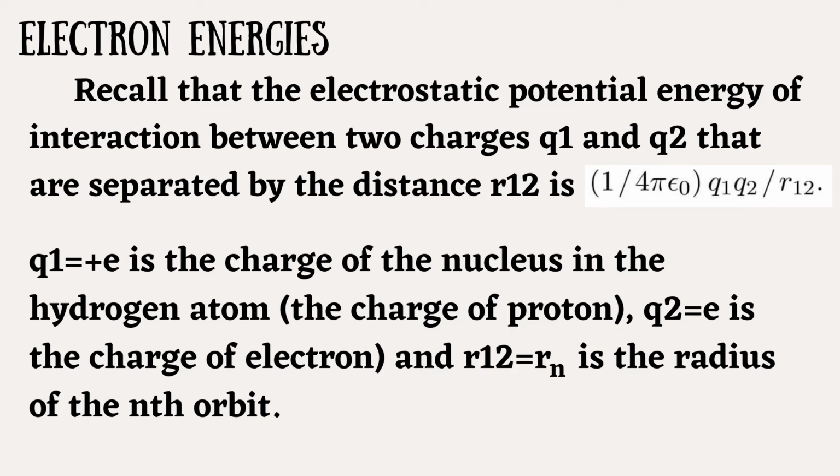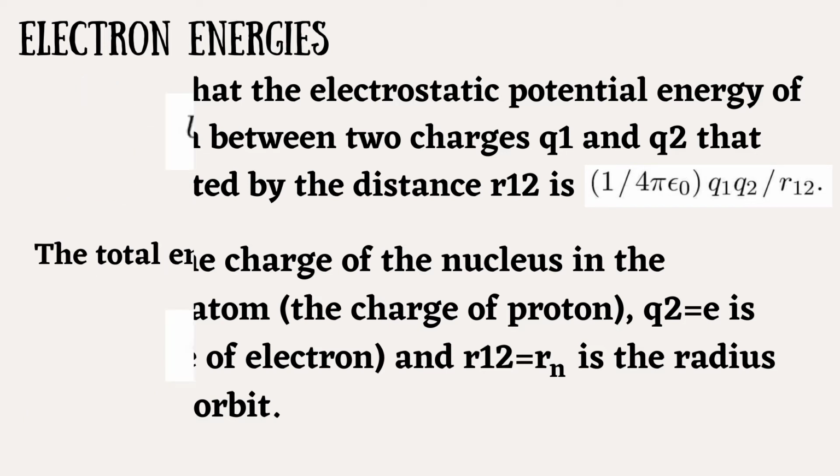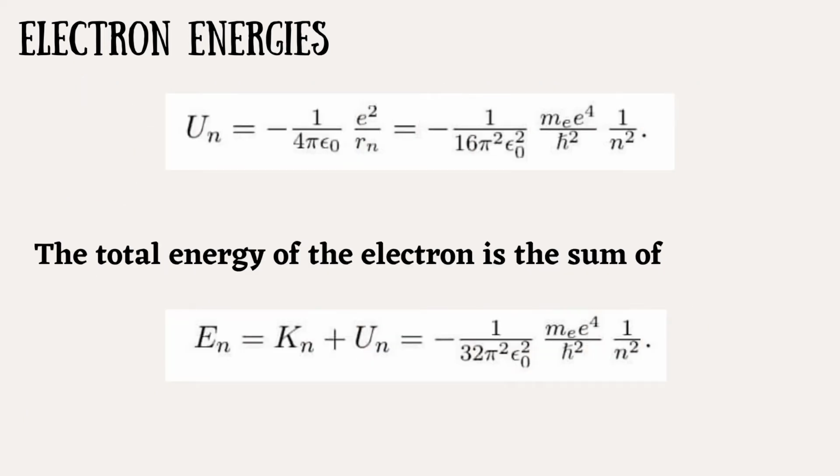Hence, q1 is equal to positive e, the charge of the nucleus in the hydrogen atom, the charge of the proton. q2 is negative e, the charge of the electron, and r12 is equal to r sub n, the radius of the nth orbit. Now we can use this to find the potential energy of the electron,